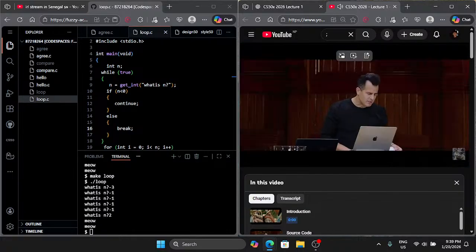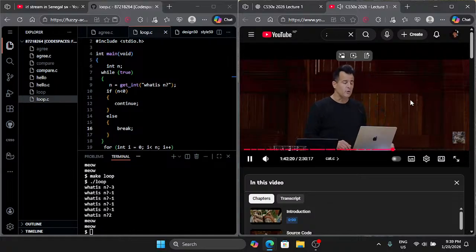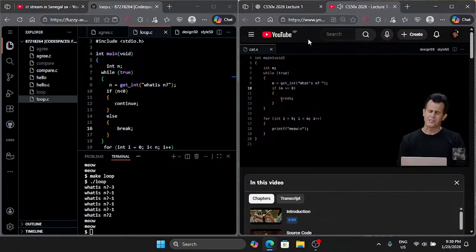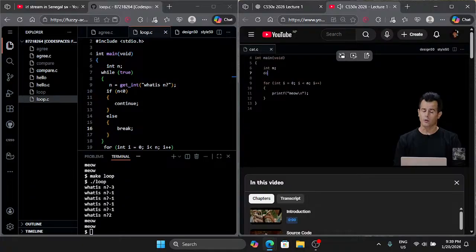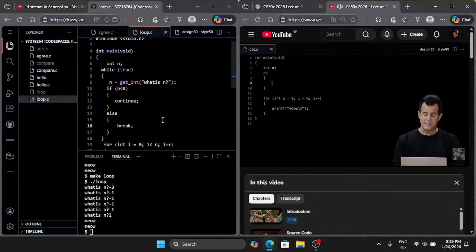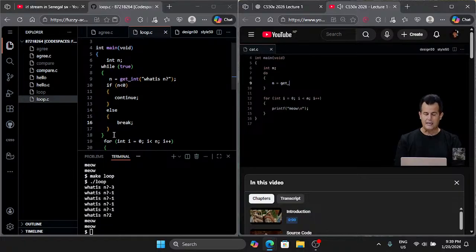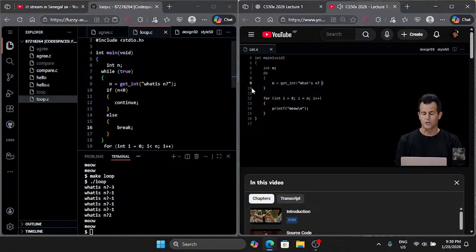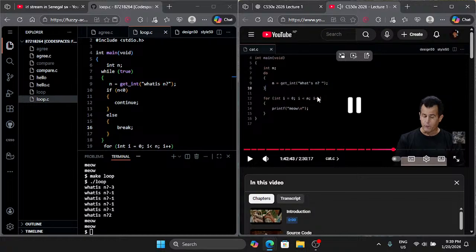All right, so this is one way to use an infinite loop, but it turns out there's another construct that is a feature of C. Instead of using a while loop and forcing it to be infinite by using while true and then eventually manually breaking out of it, there exists another type of loop altogether, and that's called a do-while loop. And you can literally say the word do, which means do the following, then you can do exactly what we did before, n equals get int, "What's n?" So exactly like before, but then